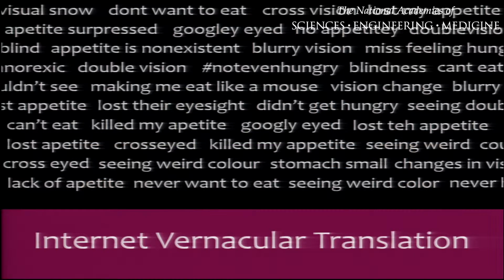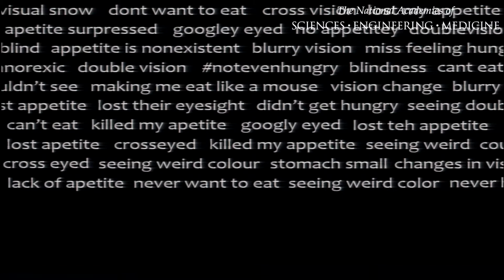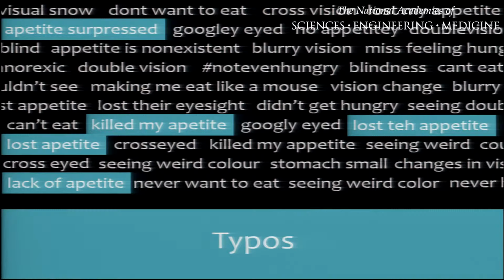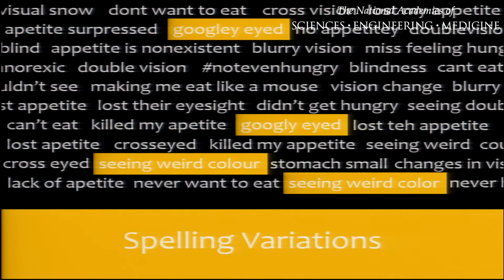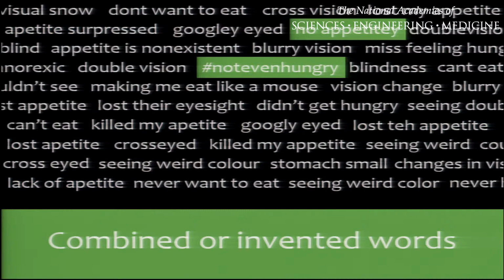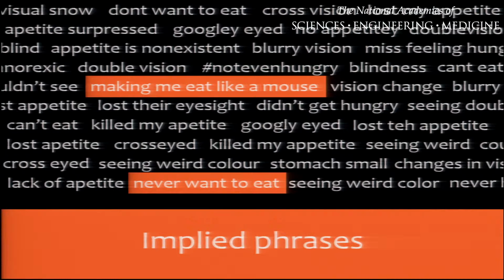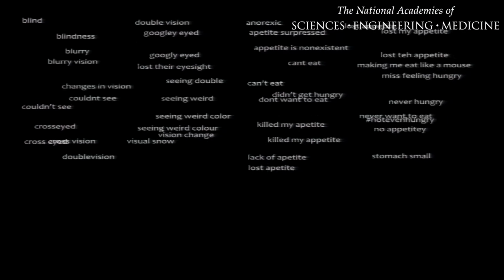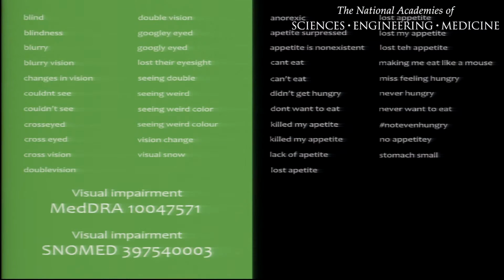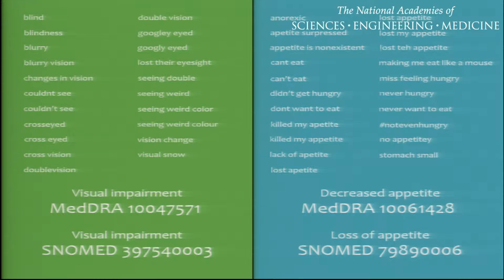So the challenge really comes right at the beginning in terms of developing a taxonomy that makes sense from a regulatory perspective. We heard from the last speaker that there are so many difficulties in taking that stream of digital data, whether it's typos or spelling variations, but in the context of social media, we have hashtags, we have abbreviations that we're having to deal with, as well as implied phrases, things that you would never see in a clinical record, but are obviously important from an outcome perspective. And so we've been building this massive internet vernacular taxonomy over several years now, trying to take all that information and organize it across various coding systems, MedDRA, SNOMED, so that we can take that digital exhaust and actually make some use out of it.